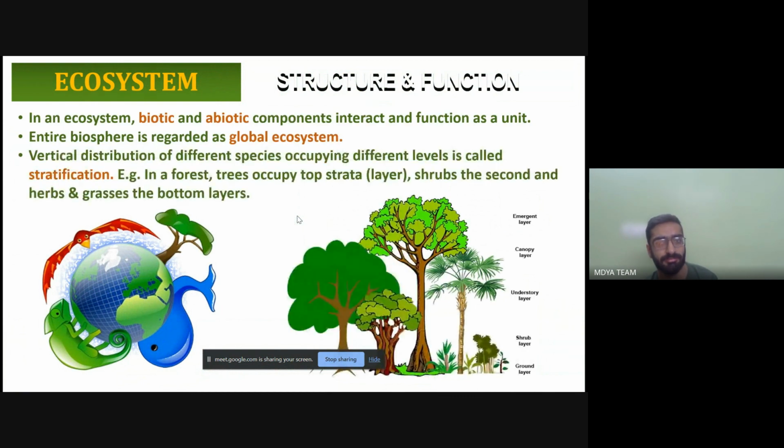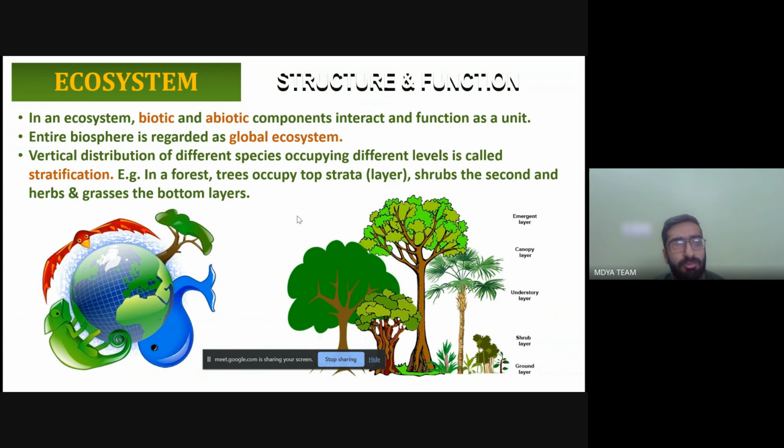In ecosystem, the biotic thing, what is an ecosystem? It consists of two components, the biotic and the abiotic. So when these two components interact with each other, that forms an ecosystem. Biotic is the living forms and the abiotic is the non-living forms. Okay, so biotic could be any kind of species, animals, birds, insects, whatever, human beings. Abiotic could be temperature, humidity, sunlight, etc. Okay, so non-living components that also help in preserving the life of the human beings and other species of life.